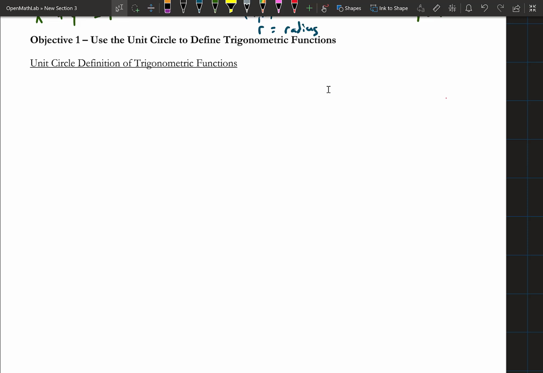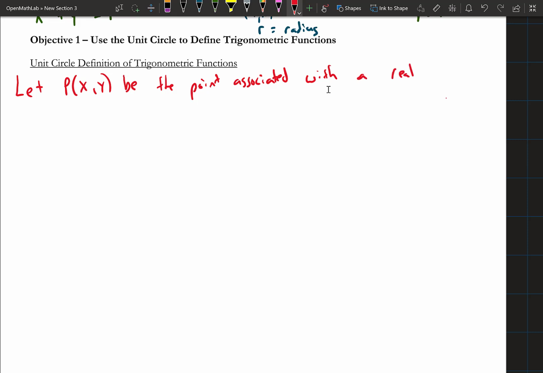So basically we need to make some assumptions here. We're going to say let point P, which has the coordinates x comma y, be the point associated with a real number t